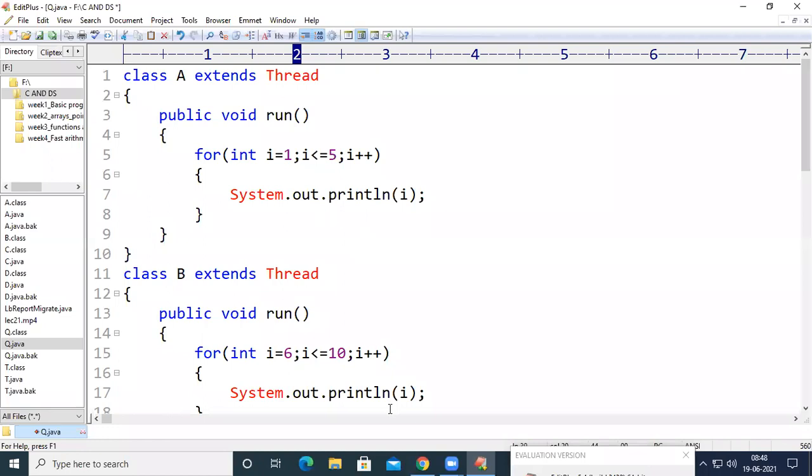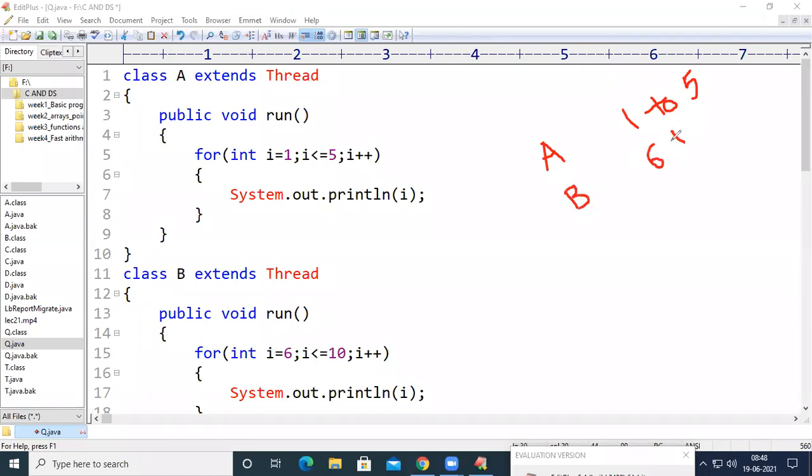There is a thread A here, and this particular thread A is going to print the numbers from 1 to 5. At the same time, there is one more thread B, and this second thread is going to print the numbers from 6 to 10.